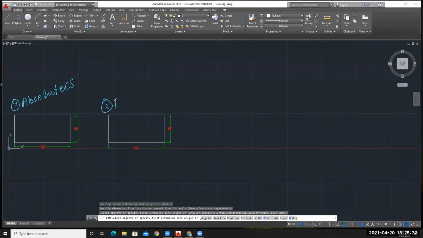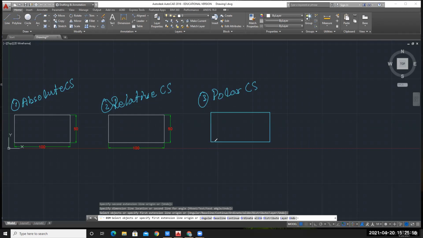Second one is your relative coordinate system. Third one, that I'm going to draw now, is your polar coordinate system. And the fourth one we will see later. Okay. So let me draw one rectangle over here, almost of this size.